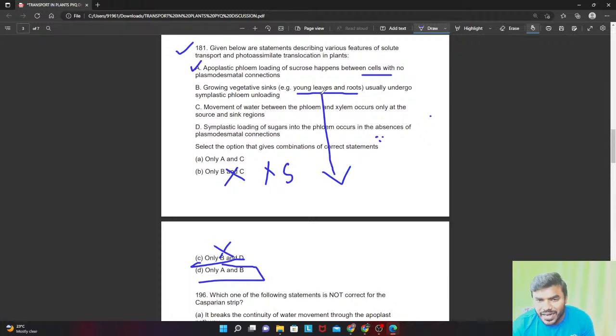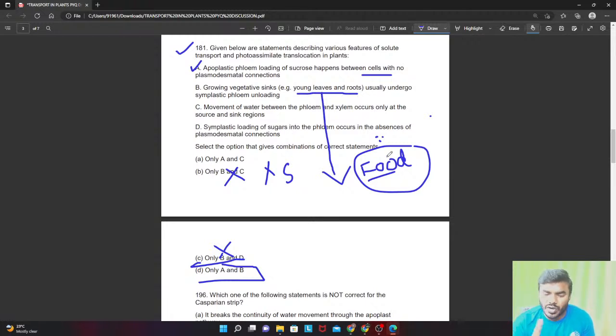Remember, young leaves, if they want to become mature, what do they require? They require food. Yes or no? Young leaves, if they want to mature, first they will require food. You are getting my point. So you cannot call them dead cells all the time. If the young leaf receives food only, it will get matured. So, obviously, what happened?